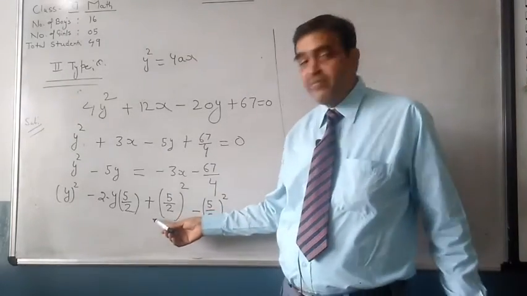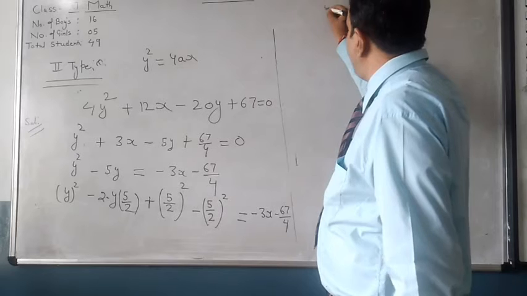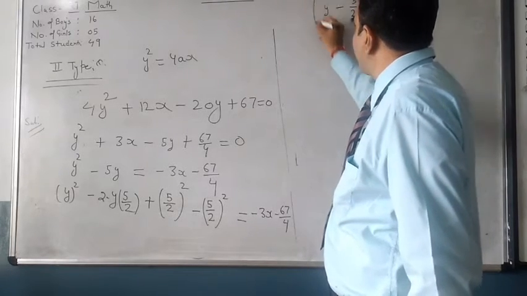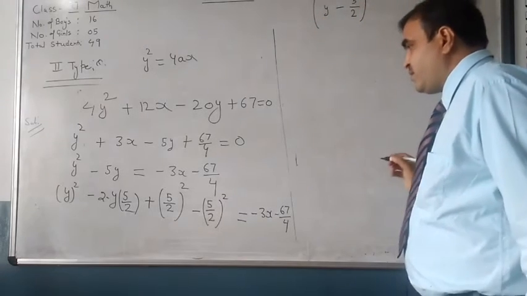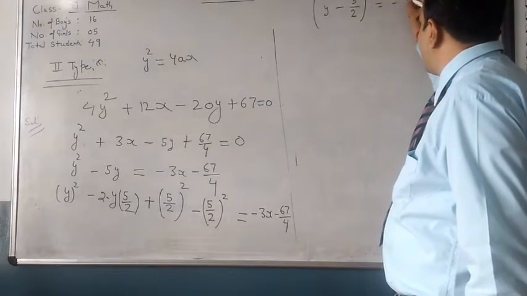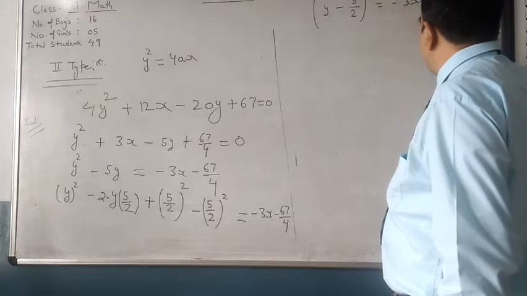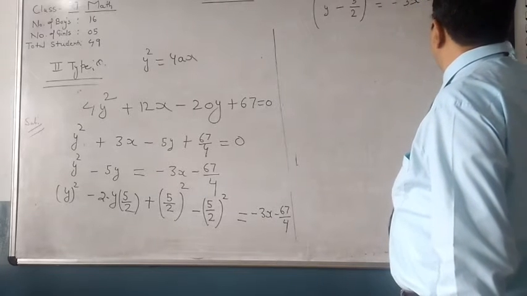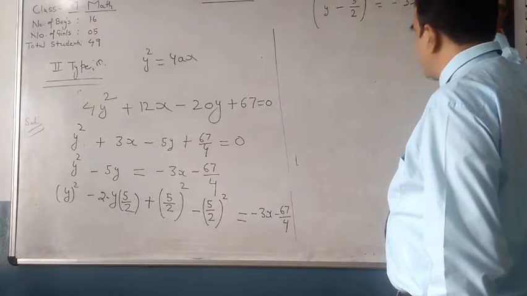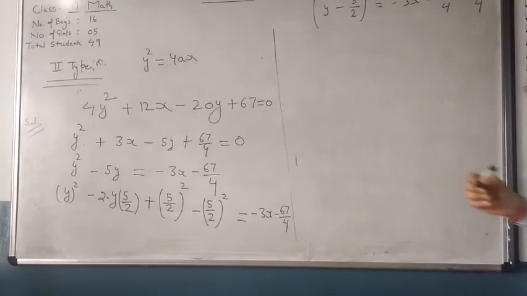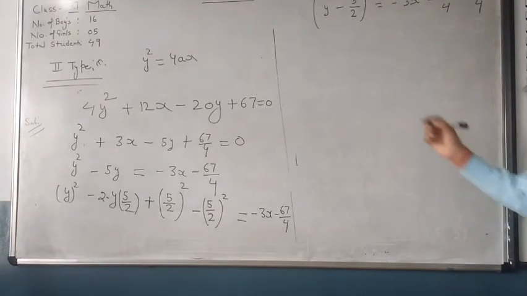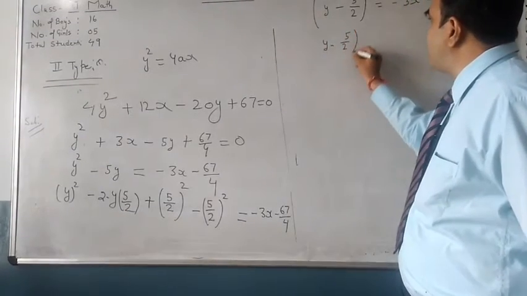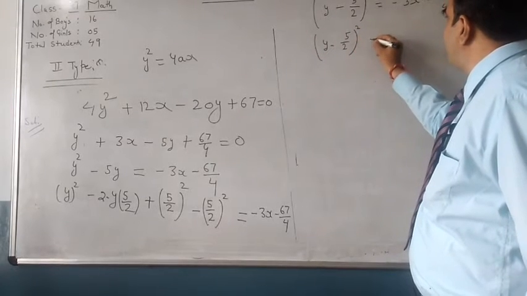This is the y minus 5 by 2 whole square. So y minus 5 by 2 whole square is equals to minus 3x minus 67 upon 4 plus 25 upon 4. Y minus 5 by 2 whole square is equals to